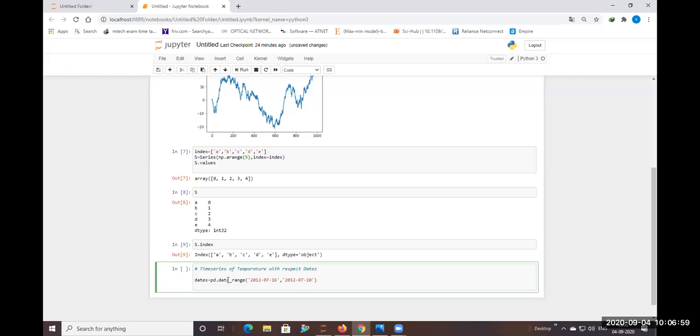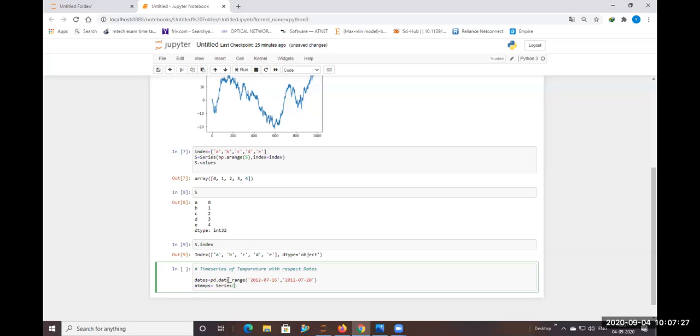And I need to check the climate temperatures. So let me take the A terms. A terms equals Series, a series with some values. Let me assign some values for each and every date, because I have taken 5 dates: 16, 17, 18, 19, 20.